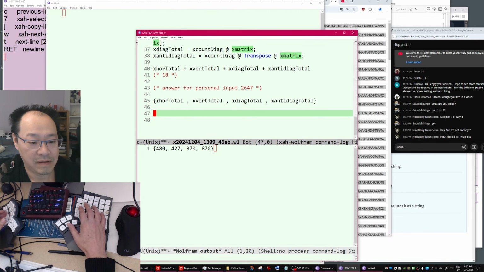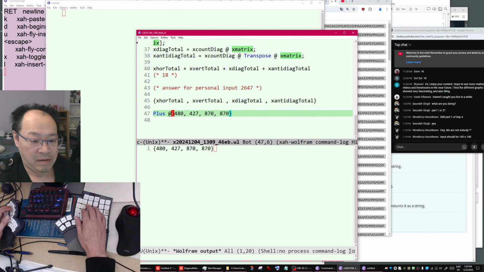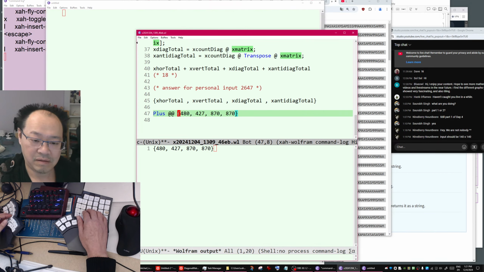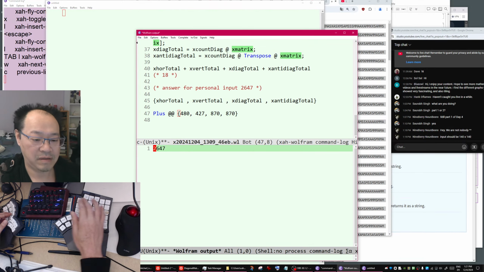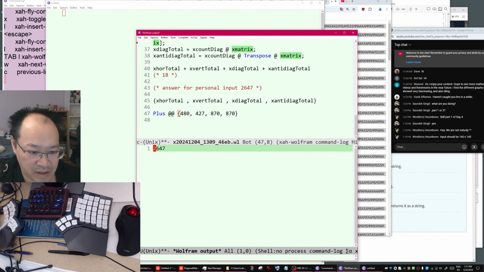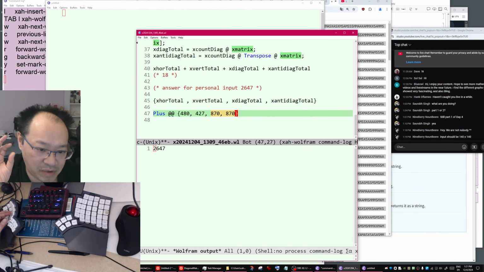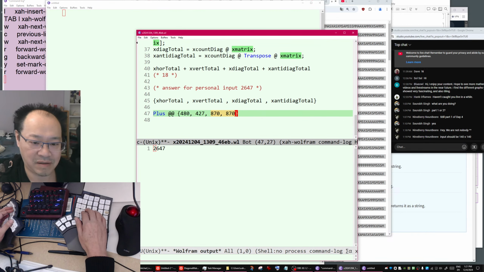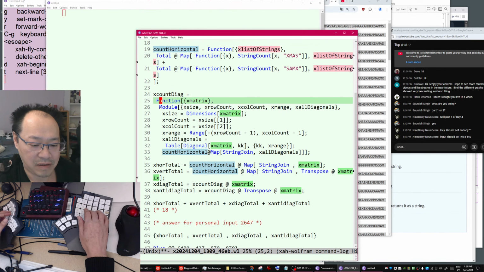Two six four seven. Okay, I think the diagonal is wrong because they are equal. There's something fishy, okay? The diagonal is wrong.